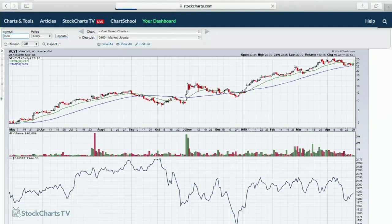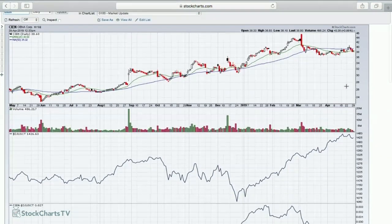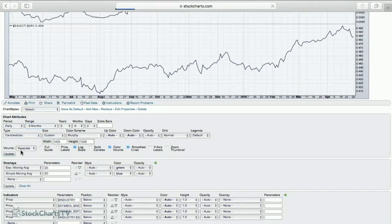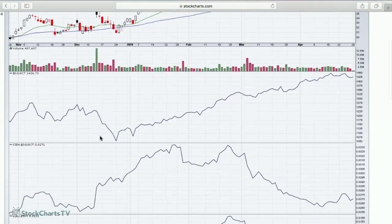Sienna. You know, at first last week, I was talking about this one, and I was really disappointed to see it close back below its 20-day moving average on Friday, but I'm going to shorten this chart because there is one thing that I liked on the pattern, and I ended up holding through the 20-day breakdown because that's where I was going to set my stop. And what I wanted to point out here